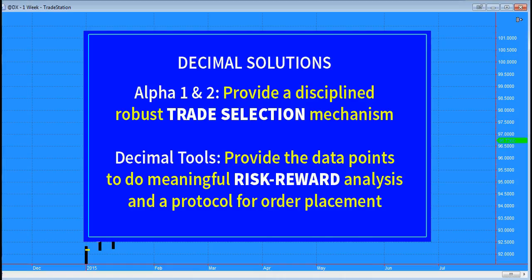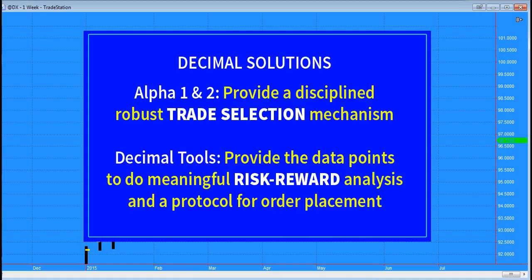So let's begin. Now, if you already have a decent trading strategy, then I encourage you to view this video as an example of how you might integrate Decimal into what you're already doing. If you do not have a well-developed strategy, then I encourage you to use this fully disclosed strategic framework outlined here as a launching point. I'm 100% confident that many of you who study this video closely and deploy the rule sets and protocols suggested here and in our other training videos will see your trading skills evolve into viable trading businesses.